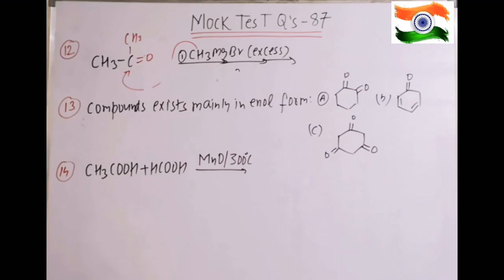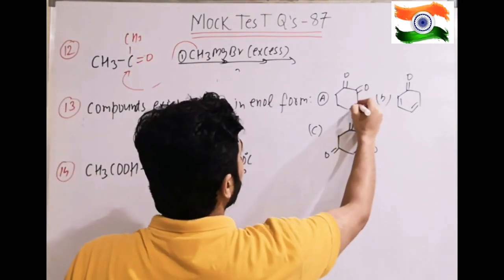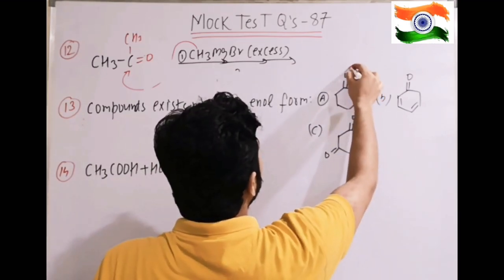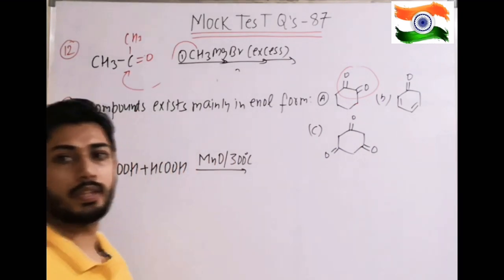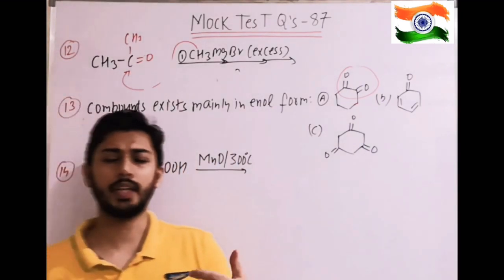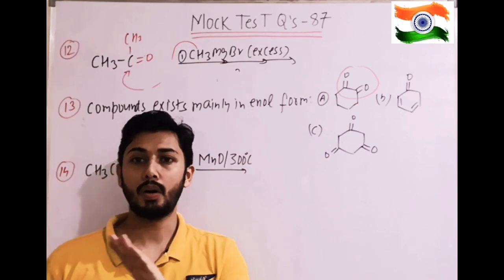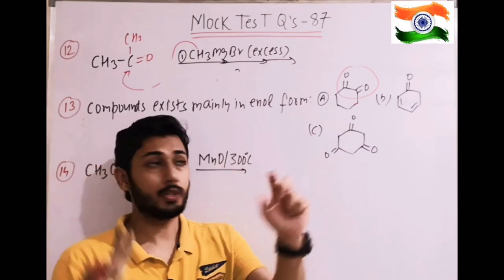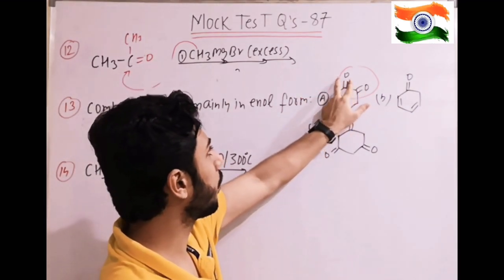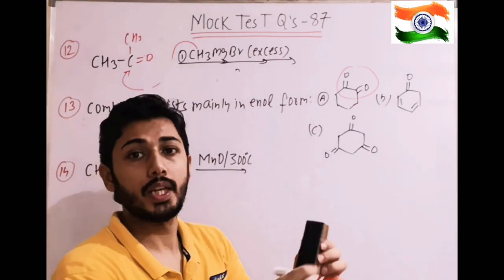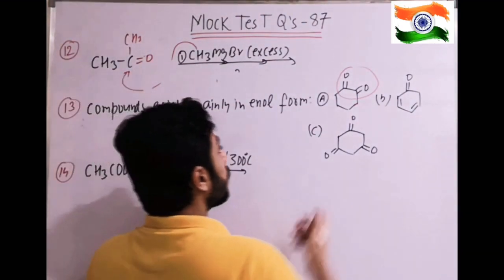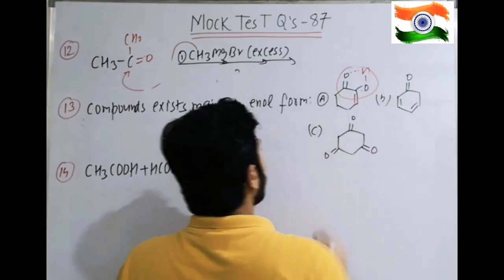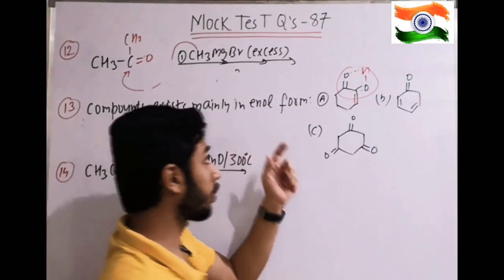Next is the compound that exists mainly in enol form. Now we know alpha hydrogens are present, and one by one both will participate. The other point is that 2 keto groups are not stable on adjacent carbons in the ring structure. We have covered in the notes that alpha diketo compounds mainly exist in their enol form. Why? Because of steric or electronic repulsions. Both C double bond O have electrons present, causing huge electronic repulsions. That is why it quickly undergoes tautomerism, forming OH here, which forms intramolecular H bonding, some kind of stability and relief of the electronic repulsion.